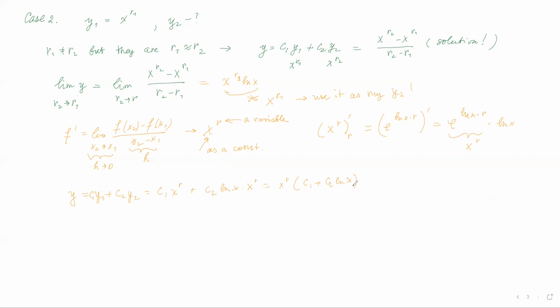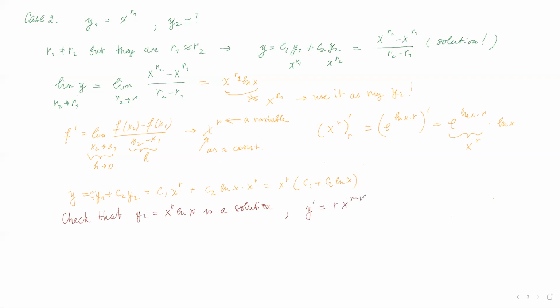Is this a solution? If x to the power of r1 multiplied by ln of x is a solution, I want to actually check it. And if you don't like to check it, okay, skip this part. Check that y2, x to the power of r ln of x, is a solution. Well, to do the check, we just need to differentiate it once, and that's going to give us r